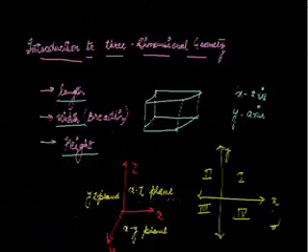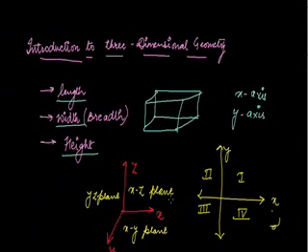In the next class what we will study is the section formula, which we had studied in coordinate geometry in 10th class. We will expand that formula to three dimensions to use it in three-dimensional geometry, because that formula was only for 2 dimensions. Now we have added one more dimension, that is the z-axis. So we will expand that formula to 3 dimensions. And that is all for today's class. Thank you.